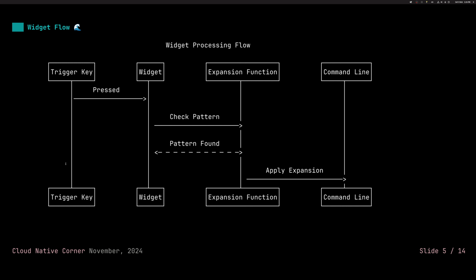It checks whether the pattern is matched. In the case that I showed you earlier, it's just a simple call to a function, but we're going to see how we can manipulate the actual buffer. So if you imagine having typed something, then the widget has access to this, and then you can manipulate it inline before pressing enter. So when the pattern that we are looking for is found, then we can apply any function. In our case, what we are going to do, we are going to apply